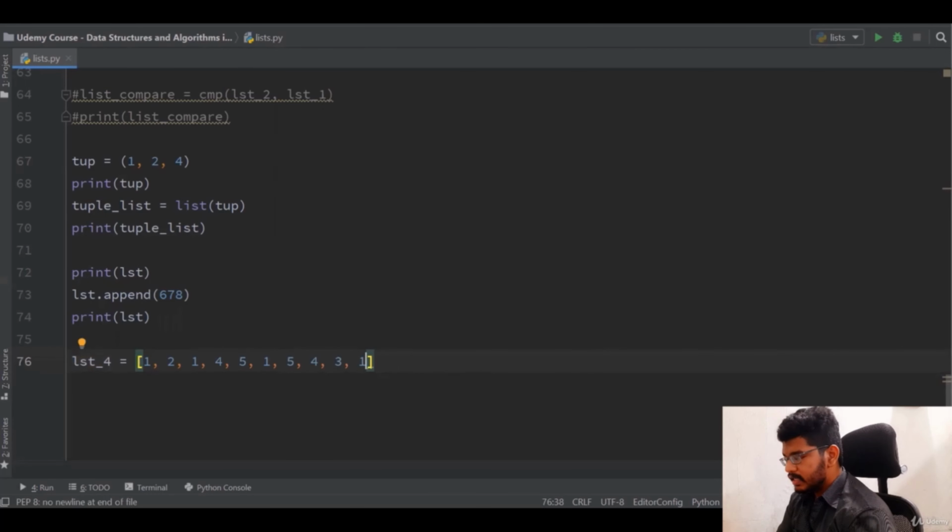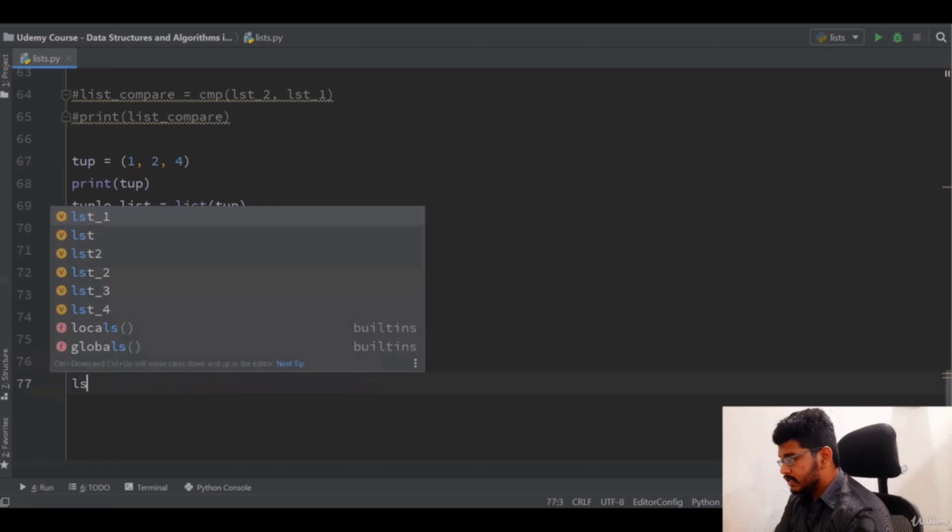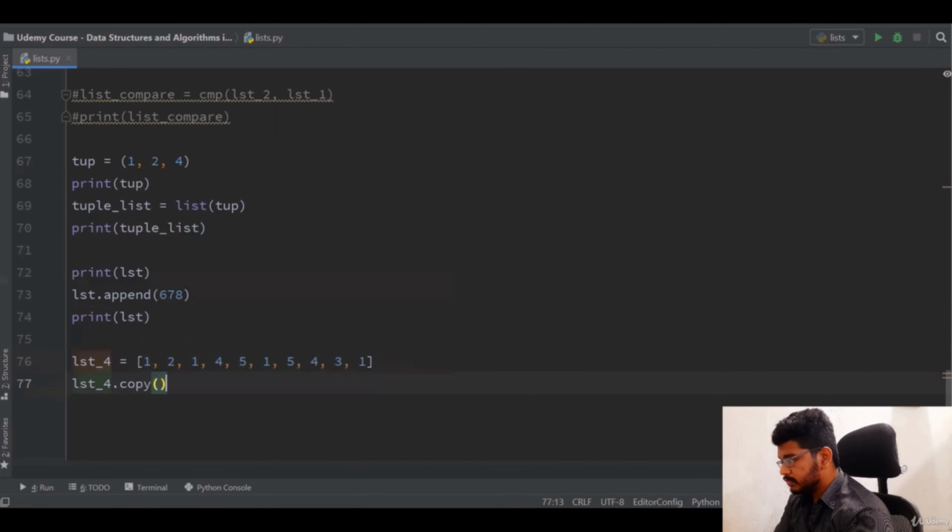So here this is the list. If you want to use the count method on a list, I'll call list 4 dot count,